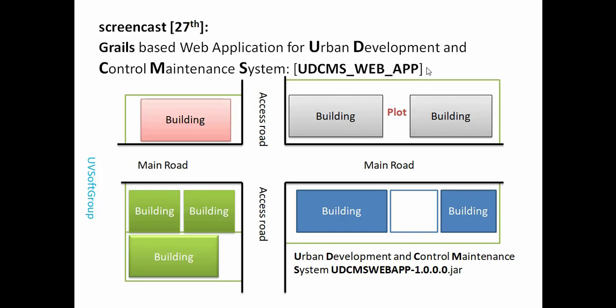And here, if you look, the concept of this development is that the application has to control urban development and management systems. We call it the UDCMS system, urban development and control management system. Basically, this application is really important for city engineers, city planners, or the city authority. If you are living in a city area, the city planners or city engineers have to maintain all the infrastructure. Basically, infrastructure means the city plots and city buildings, and buildings have multiple